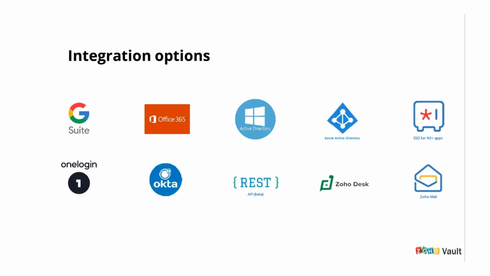So there's a beta version of Vault's REST API available as well, along with Python packages which will be released for our users in the upcoming weeks. And we also have our extensions available for Zoho Mail and Zoho Desk. We've integrated with Zoho Apps, Zoho Mail, and Zoho Desk. And this year we are planning to integrate with a lot of other Zoho apps like Zoho CRM, Zoho Flow, Zoho Notebooks, and all the other apps. And just feel free to try out all of these different integrations within Vault. Given that you are Zoho One users, you might be making the most out of whatever Zoho One subscription that you have.